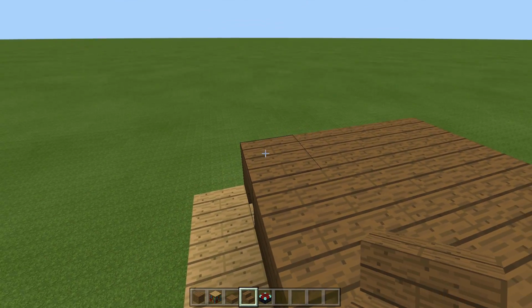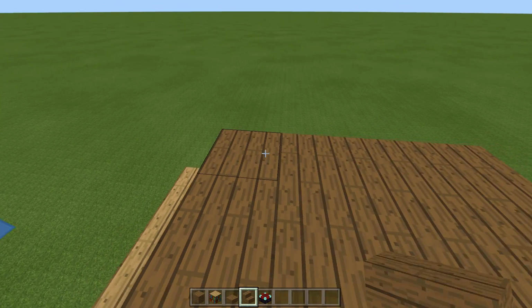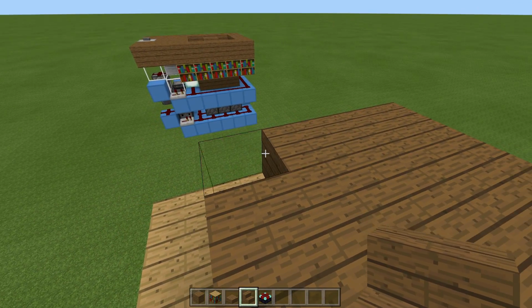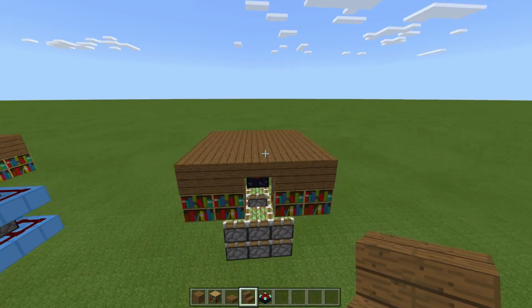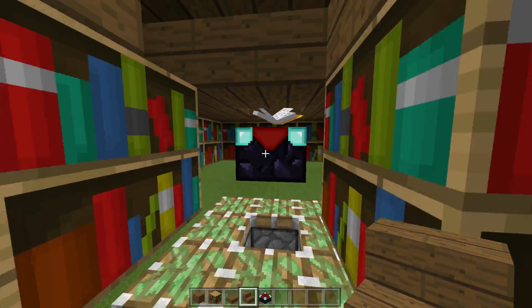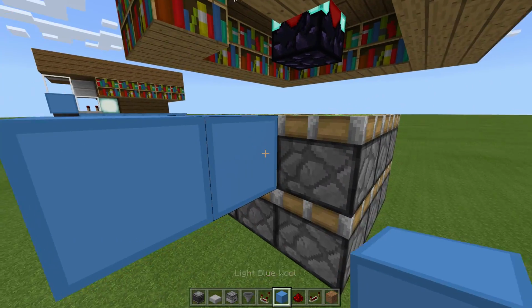keep going around, and change direction, like that, change direction, and one more, like that. So that'll just give that a little bit of texture, which you can't see yet obviously because these blocks are in the way. Next thing I want you to do is place a block here, one out, move that block,